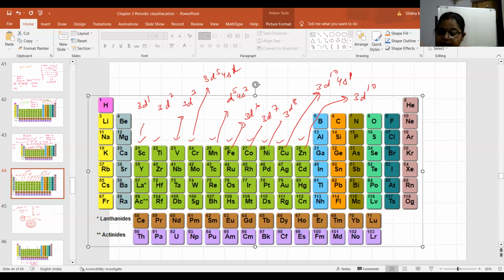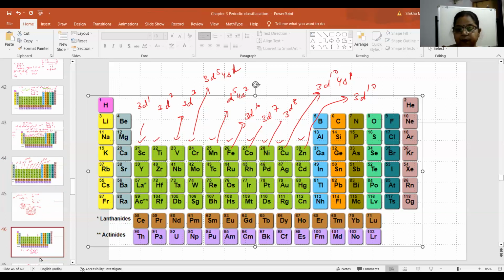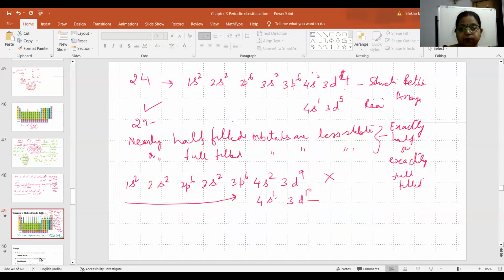D and F block is there in your syllabus in class 12, but if D block is of, let's say, 10 pages, F block is of hardly 3 pages. Most of the time they focus on the electronic configuration, which I promised you that we will be taking up in the next class. We'll pick up one last question or one feature of the periodic table before we wind up the class. That is why this F block is kept separately below the main body of the modern periodic table.